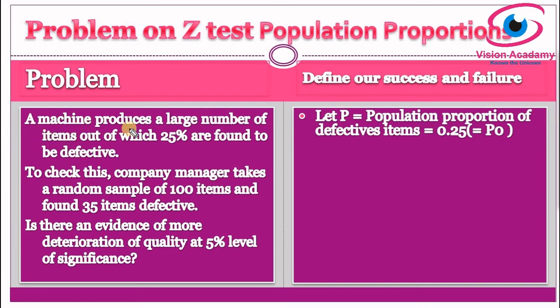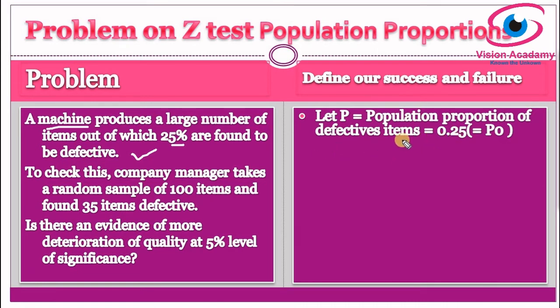Look at the problem. A machine produces a large number of items, out of which 25% are found to be defective. So this is a very important consideration. This is a population proportion. Why? Because in the lifetime of a particular machine's production, 25% are found to be defective. So we are considering the whole production of a particular machine, which is the population proportion. So let capital P be denoted as the population proportion of defective items, that is